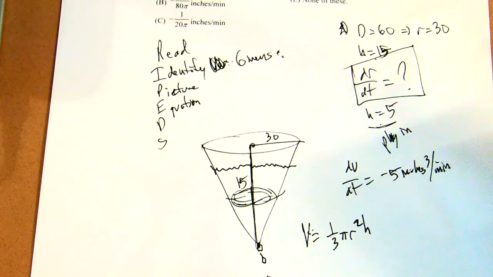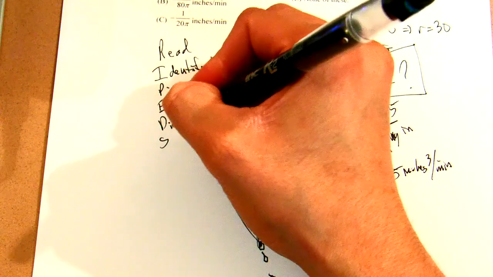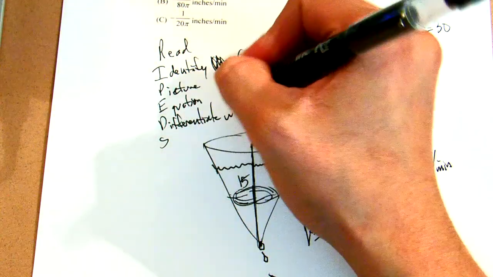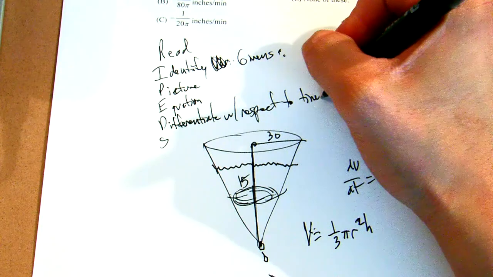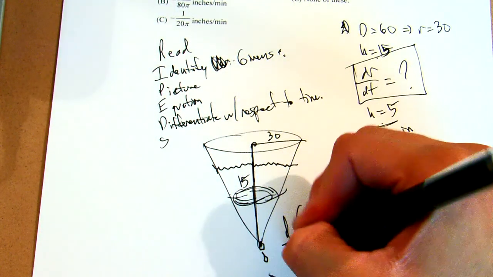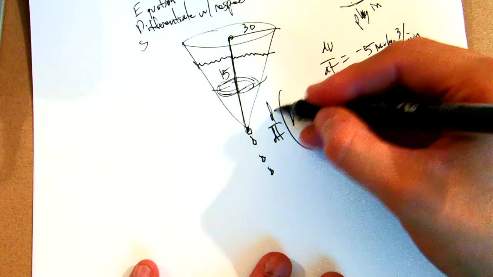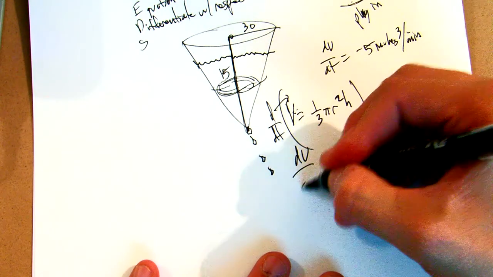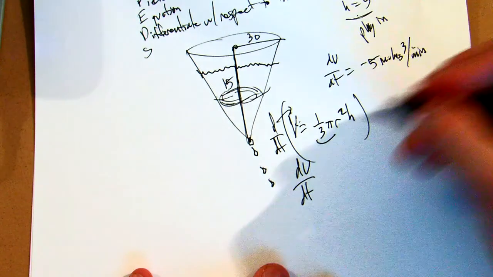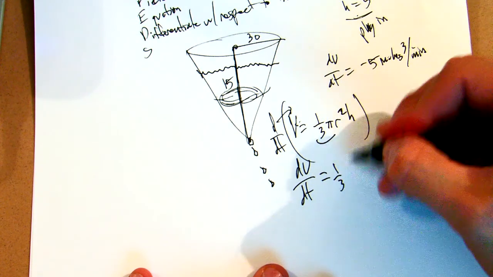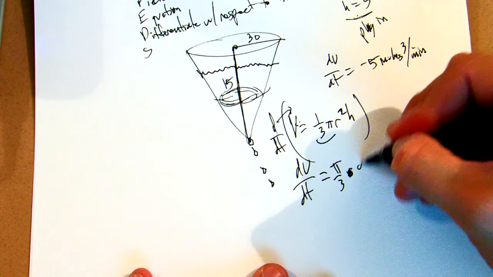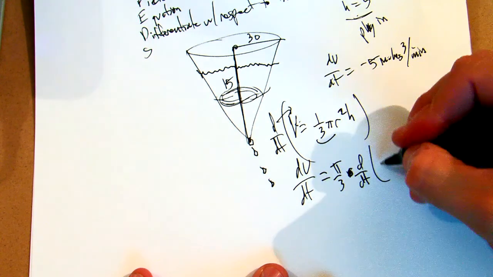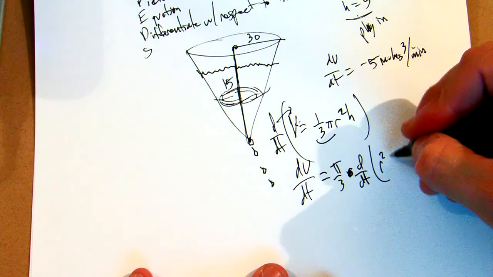I have my equation. Now I'm going to differentiate with respect to time. So I'm going to go d/dt here. So d/dt of V is dV/dt. Constants go along for the ride, equals 1/3, or pi over 3, same thing, times d/dt of r squared